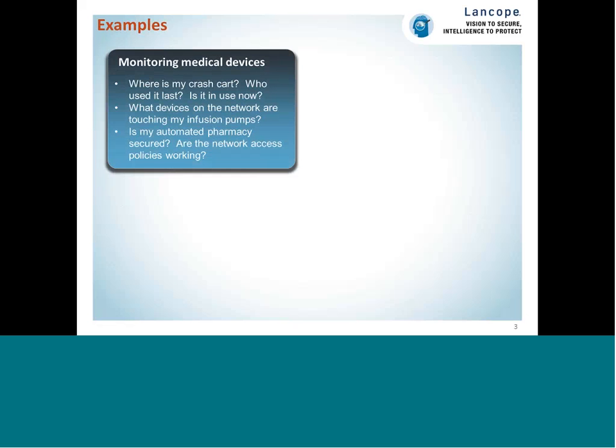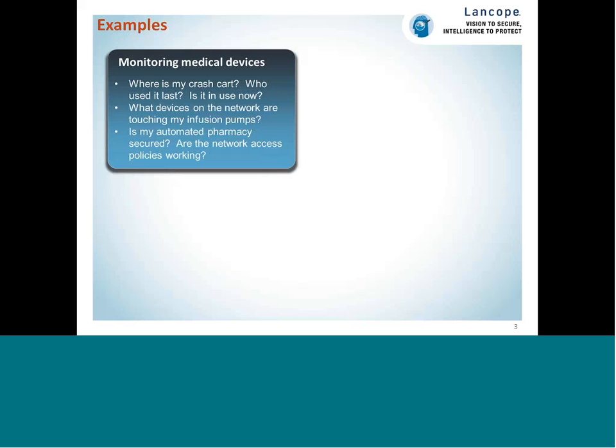They're either plugged directly into a port or, more often, wirelessly attached. And this includes all sorts of devices that you may not expect if you're not in the healthcare world, including infusion pumps, dialysis machines, heart monitors, and again, the previously mentioned things like automated pharmacies, even things like medical robots,